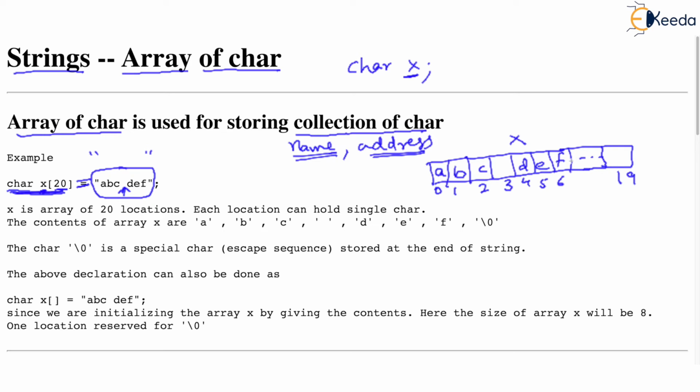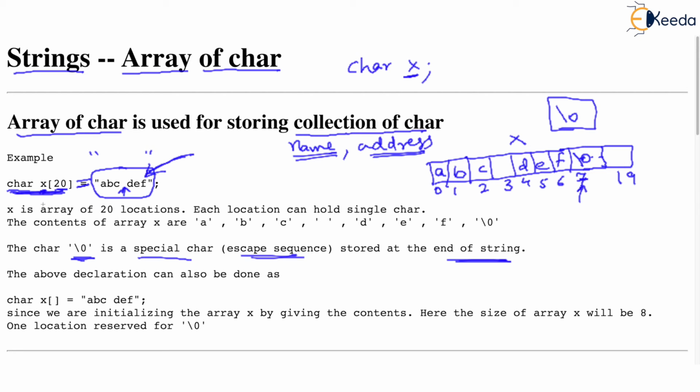Now after F, which is your last letter, automatically there is a \0, this symbol, which is stored immediately after letter F. So the 7th position is going to store a special symbol \0. Although you have not given it, C will ultimately store that. Just remember one point, that \0 is a special character. It is also called an escape sequence, stored at the end of every string. The string is storing ABC space DEF \0.